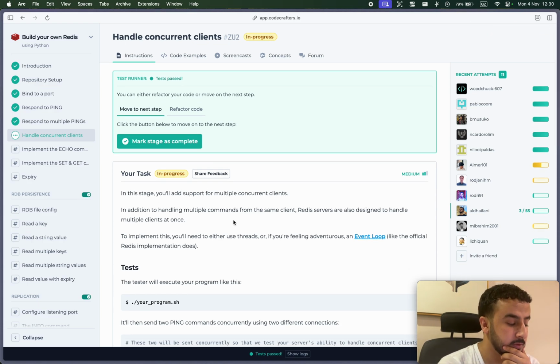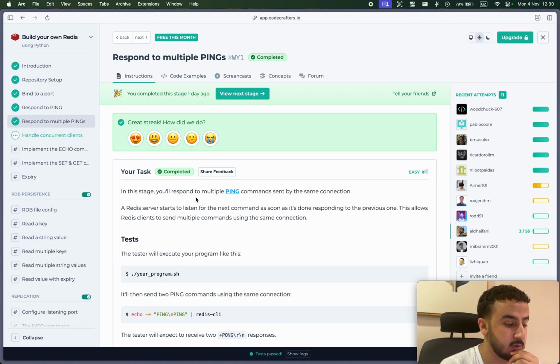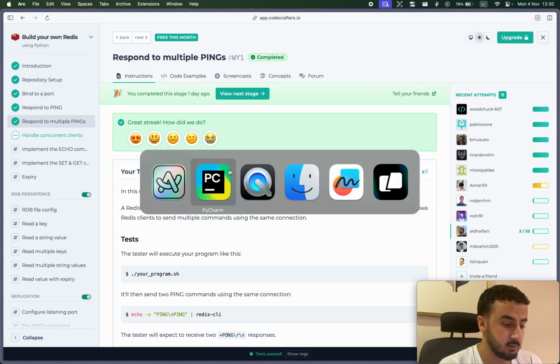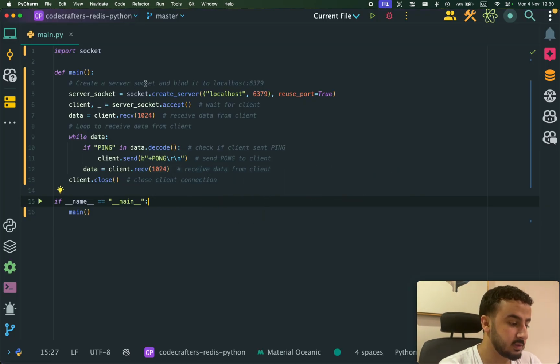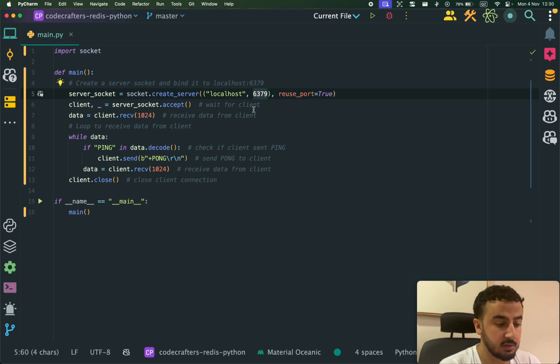Okay, so in this task we are going to add support for multiple concurrent clients. Just to recap, in the previous task we made the server that will respond to multiple ping commands. So let me show you the code. This is the code. We create the server, bind it to 6379, which is the default port that the actual